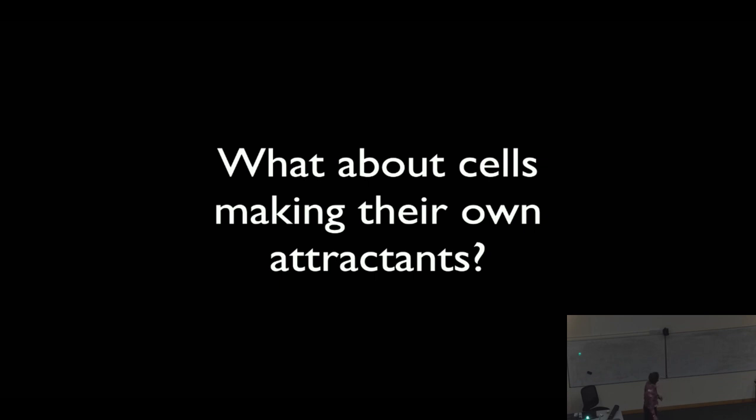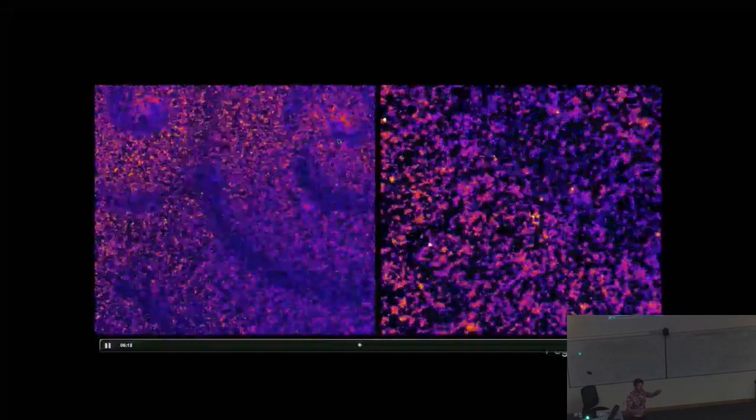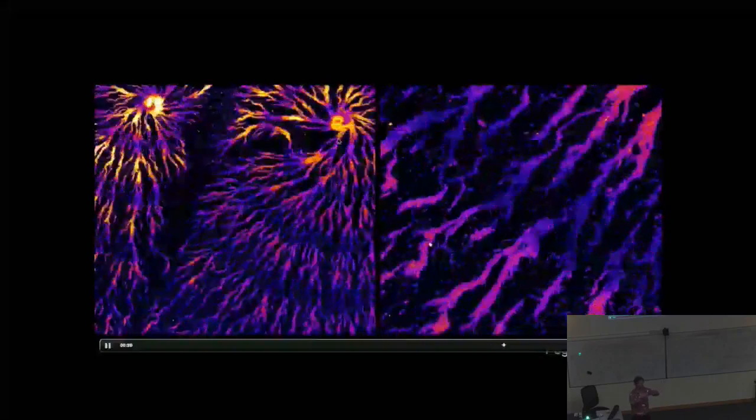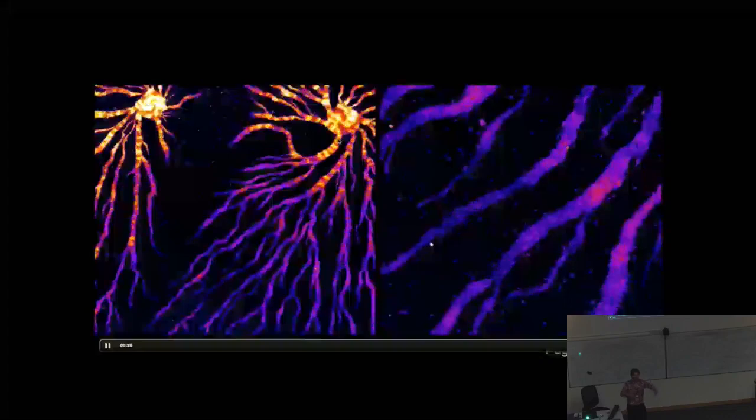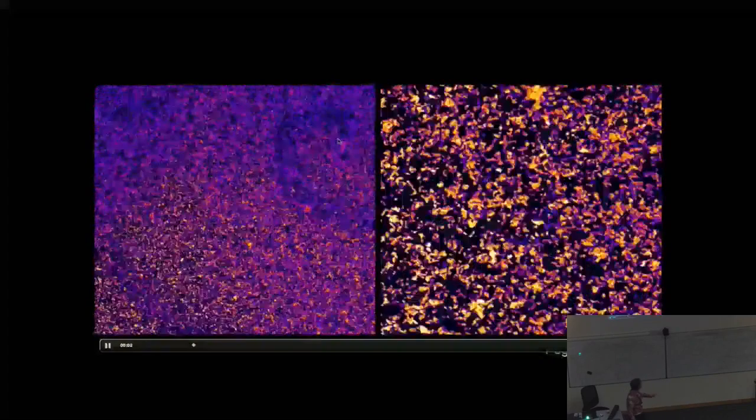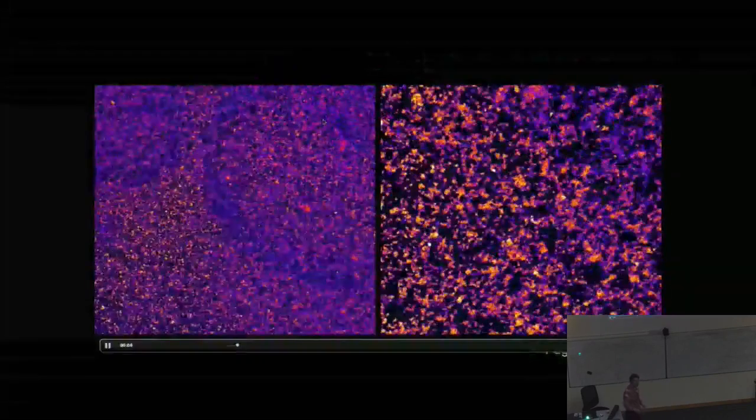But the extra bit leads me on to this last section that I want to talk about, which is what about cells making their own attractants? And I know about this from my PhD and my postdoc. Dictyostelium cells, that's the thing that Dictyostelium cells do. What you see when you look at Dictyostelium cells is one cell there starts generating a chemoattractant, and its next cell along chemotaxes in towards the first one, and then releases a pulse of chemoattractant itself. So the chemoattractant, which is cyclic AMP in these cells, goes out in a constant self-generating, self-sustaining wave